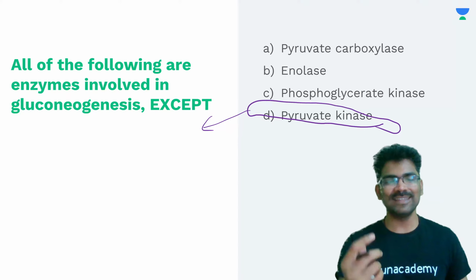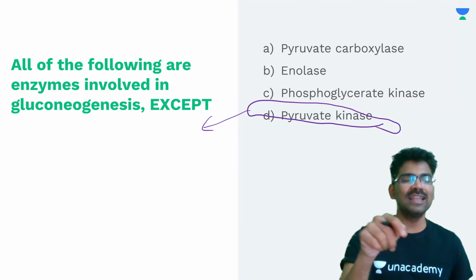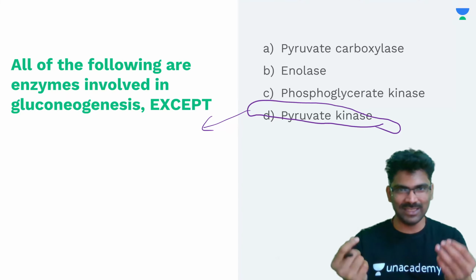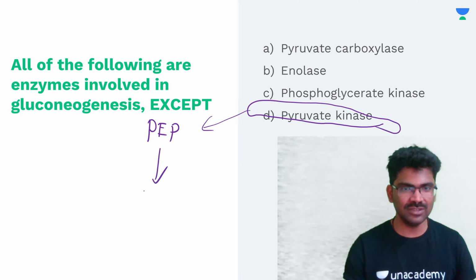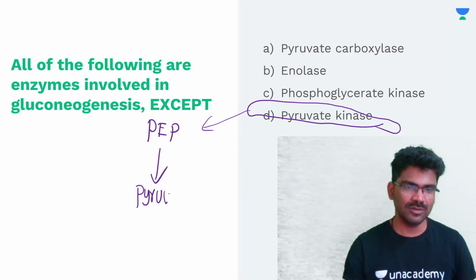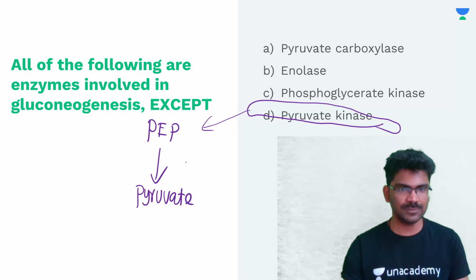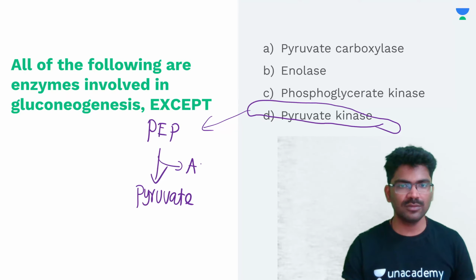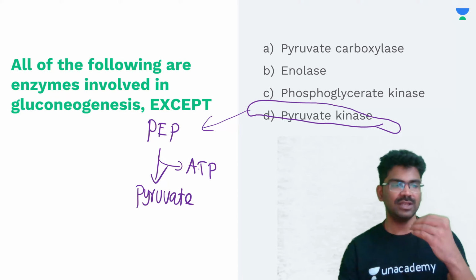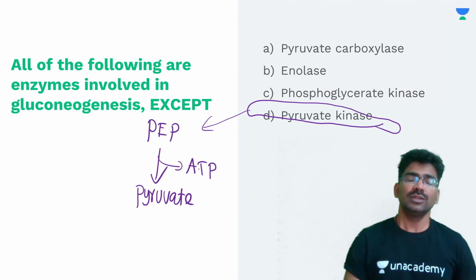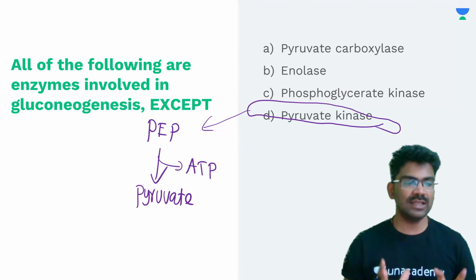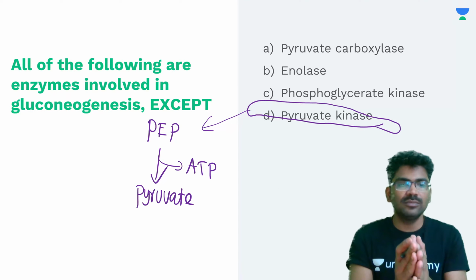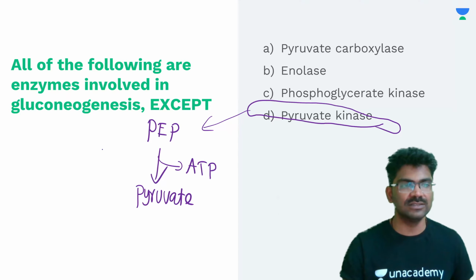That means it's an enzyme which catalyzes an irreversible step of a metabolic reaction. Phosphoenol pyruvate to pyruvate conversion is catalyzed by pyruvate kinase. That's production of ATP at the substrate level. So this step cannot be reversed in